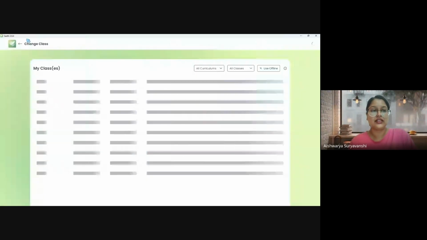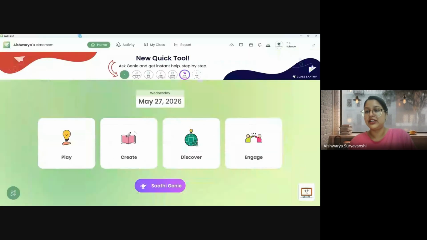Just a second, I think there's some fluctuation and it's taking some time to load.